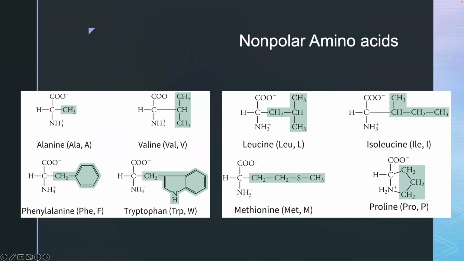Proline is not actually an aromatic ring, but it connects back to the amine group. So that's really interesting. It looks like it may be an aromatic ring, but it's not. Its 3-letter code is pro, and its single letter is P. What's interesting about this is proline is considered a helix breaker, so it actually does not play well in secondary structure,